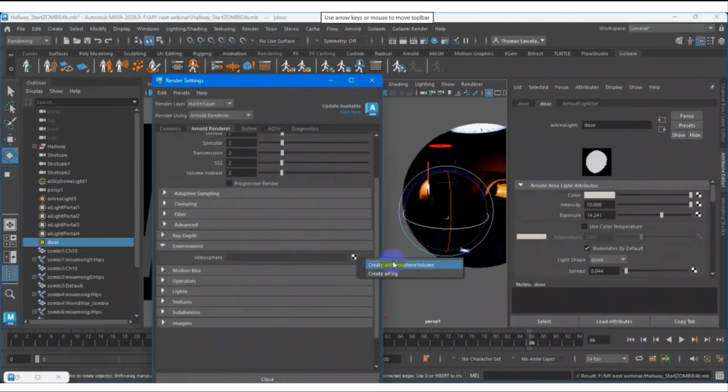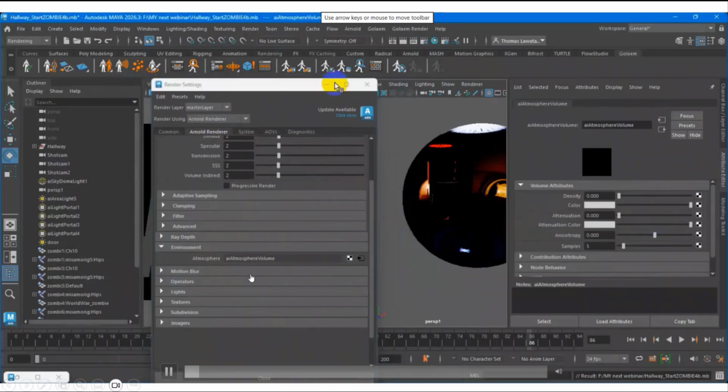When you create fog for some area, it's different, but when we want it on all the lighting, it will reflect in the lighting. So you need to put in an AI atmosphere or volume. This is the global.